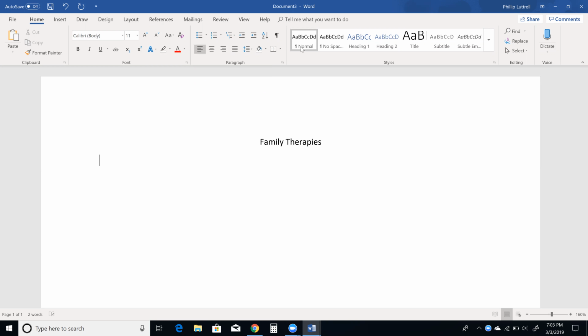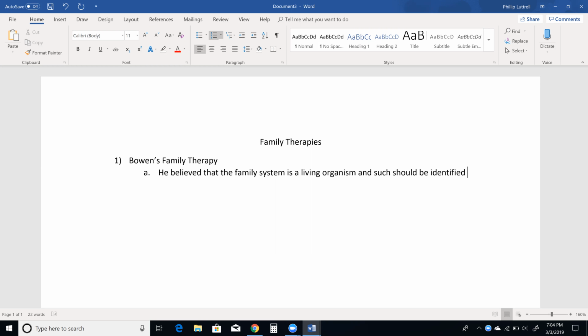And the first one is Bowen's family therapy. So within this, Bowen believed that the family system is a living organism and as such should be identified by its patterns of behavior. Same thing as a human being exhibited by its behaviors, same thing with the family. So in the family organism,